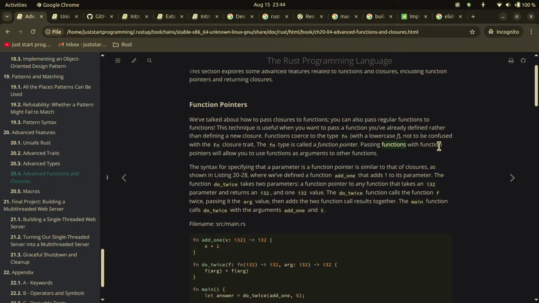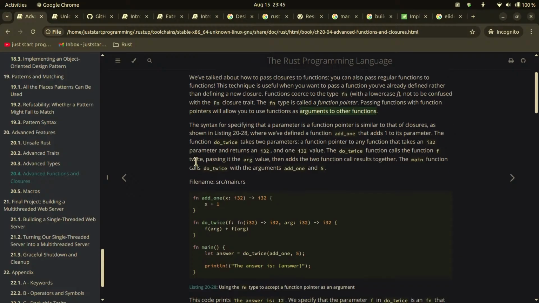Passing functions with function pointers will allow you to use functions as arguments to other functions. The syntax for specifying that a parameter is a function pointer is similar to that of closures, as shown in listing 20-28,